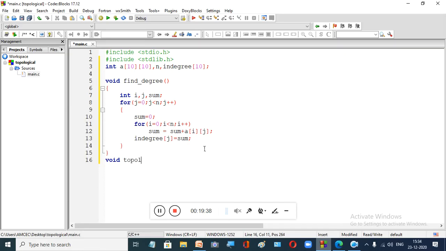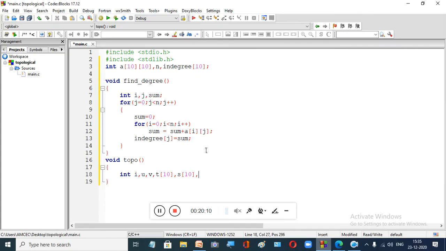So now we will go with our topological ordering. We'll write a small function to find the topological ordering. So now we are going to declare the required variables. For processing a graph, we will take i, and for vertices u and v, the two vertices every time, and the final result we will store in this single dimensional array called T.